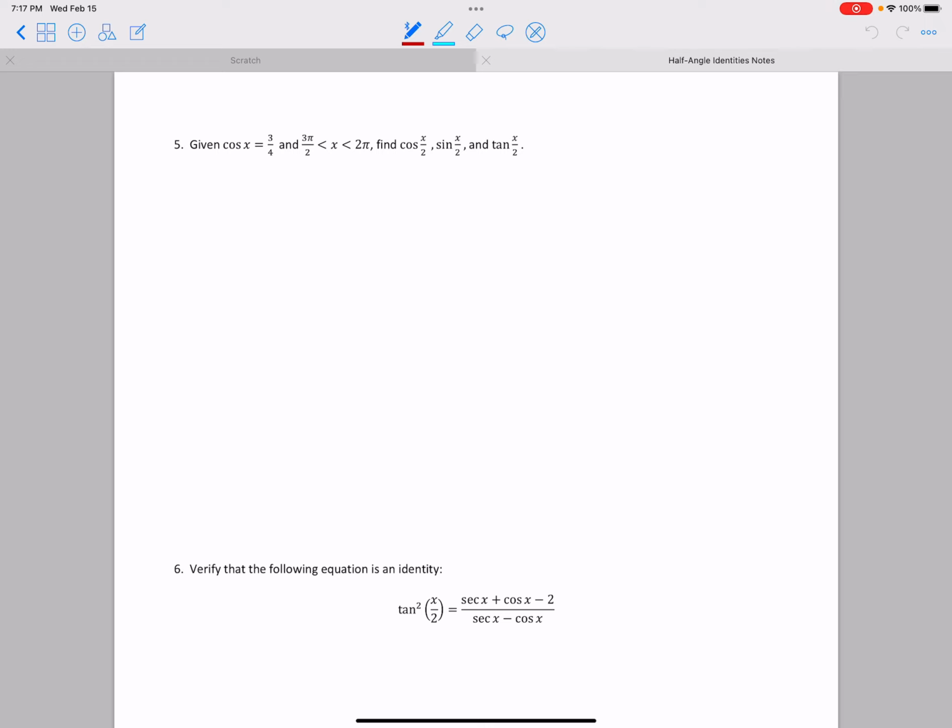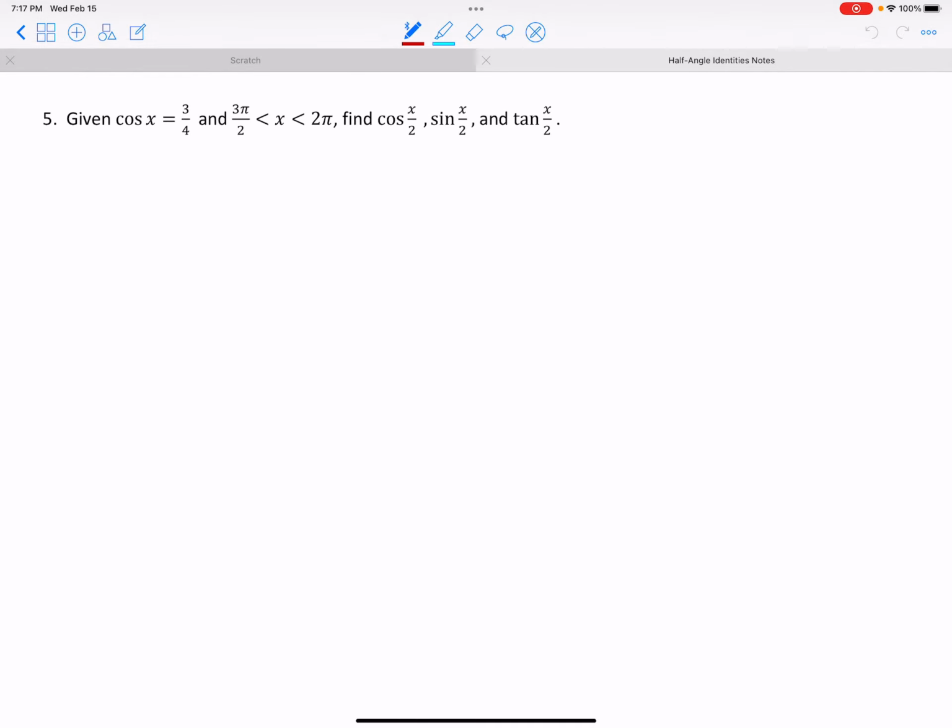So number 5, we're going to use a little more space. Again, it's more the arithmetic in these problems that's interesting. So it says first that the cosine of an angle x is equal to 3/4. And it says that x is between 3 pi over 2 and 2 pi. And that means that the angle that we're looking at is in, hold on, let me write this here. So the angle that we're looking at, x, is in,